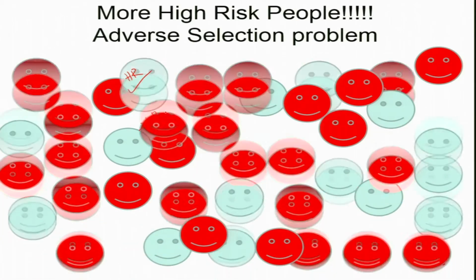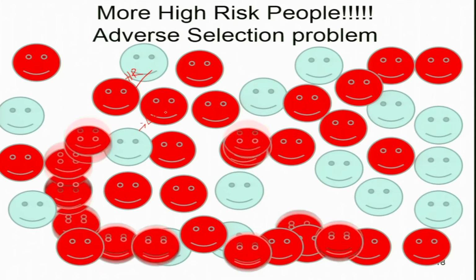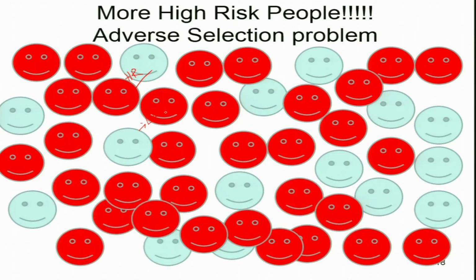But actually this market is going to be over-represented by high risk people. So when an insurance policy is sold in the market, the market will be over-represented by high risk customers, those needing hospitalization. From the figures here you can see that the smiley is over-represented by the high risk population. So the calculation we made in the beginning, the premium based on appropriate representation, where we found the premium to be $12, no longer holds.